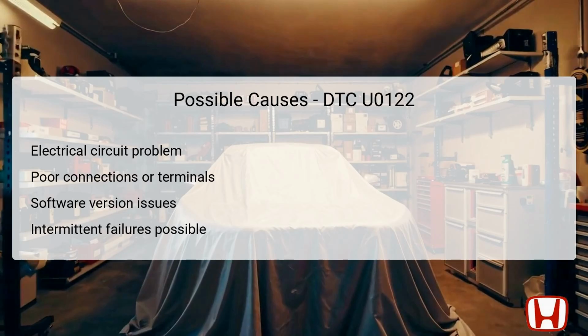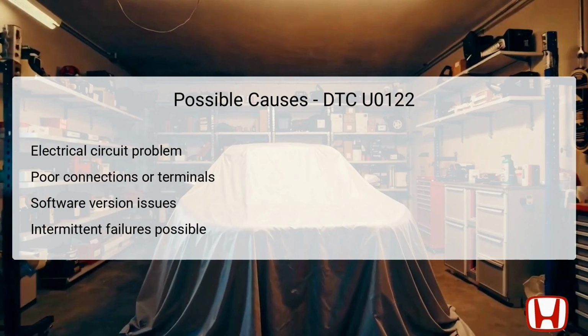Additionally, an outdated software version in the PCM can cause synchronization problems, hindering effective communication within the network. Intermittent failures can also occur, where the system may appear functional at times, further complicating troubleshooting efforts. Identifying these potential causes is critical to effectively resolve the communication issues reflected by the diagnosis and to ensure proper